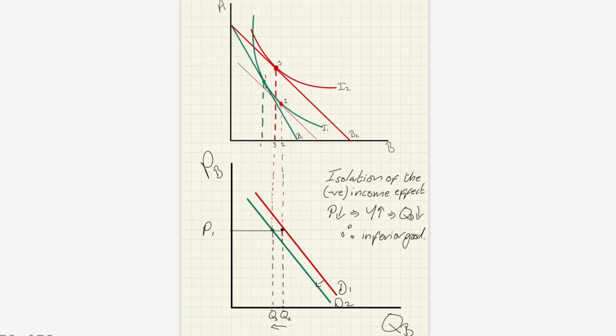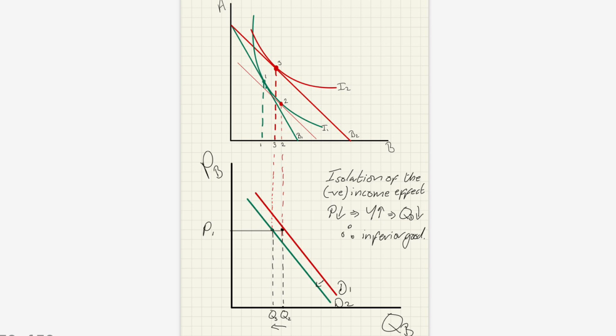So finally, we're going to isolate that weak negative income effect. So we're going to assume that the price has stayed the same and the only thing that's changed is the income. So we're just isolating the income effect from the substitution effect. And remember that weak negative income effect shifted us from position 2 to position 3. So we can now trace that